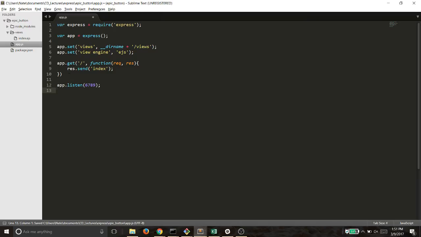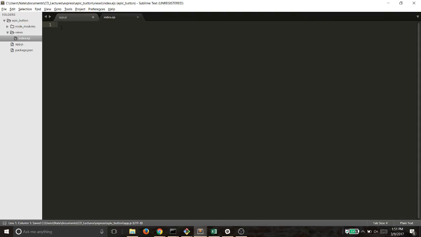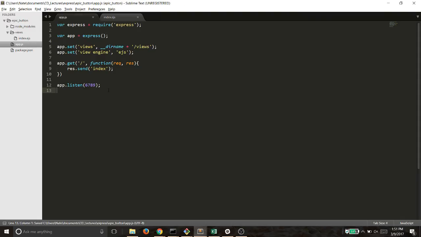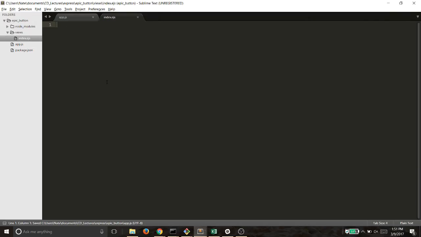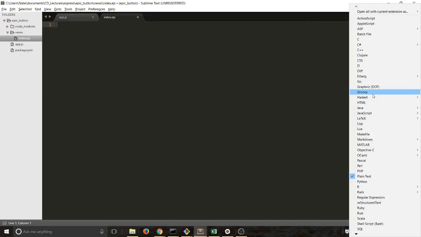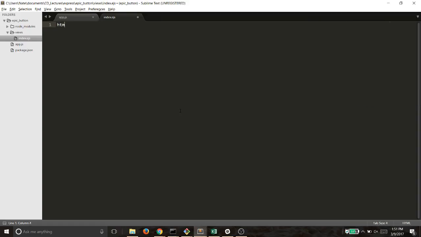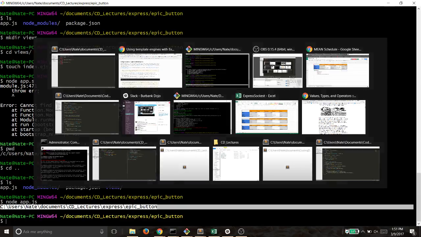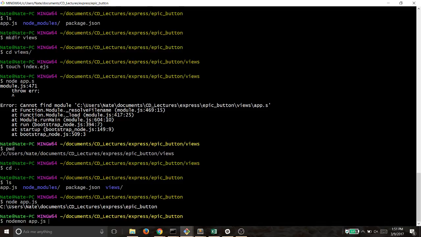And that looks good, so let's come over here. The annoying thing about EJS is that I can't do that. But I believe if we just change this, we should be able to. Alright, epic button game. We'll just have an H1 real quick that says press the button. Cool. So now if we turn on our server,